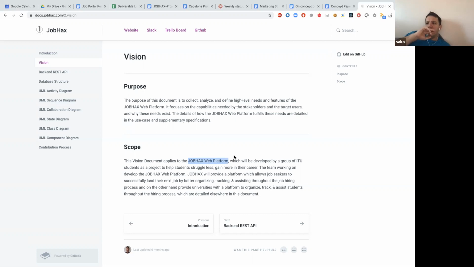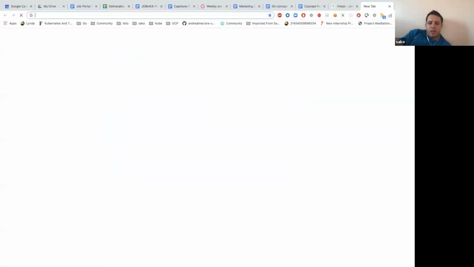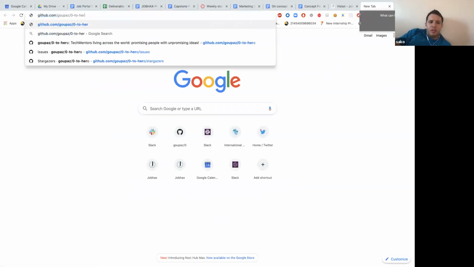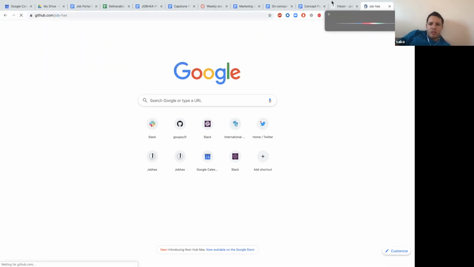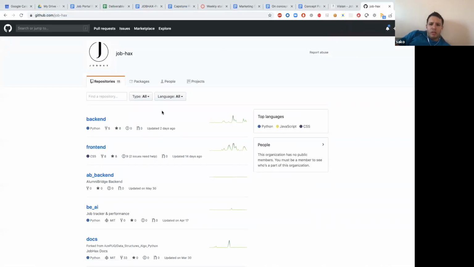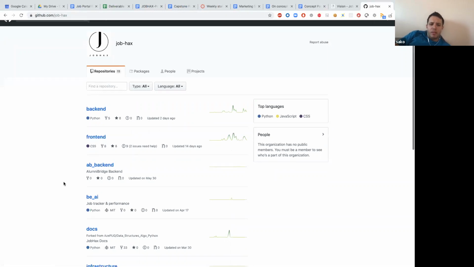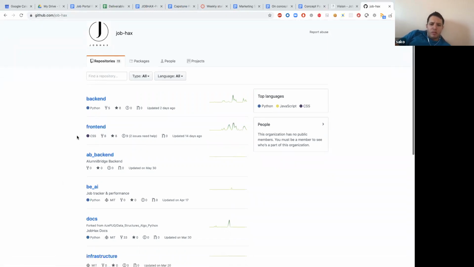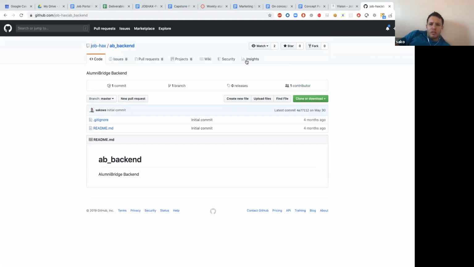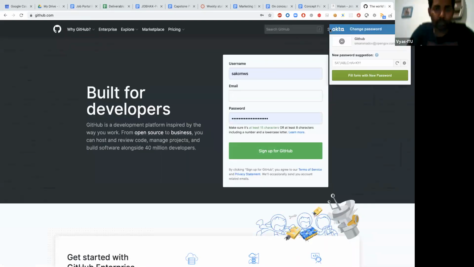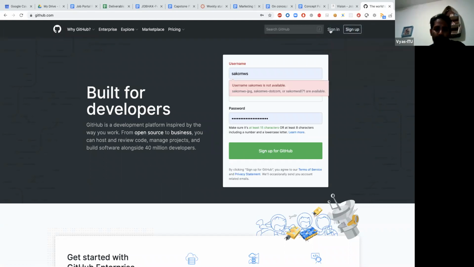Okay, so we will need a separate repo. Should we host it in the JobHax one or a separate repo? What do you guys think? I guess the current repo is pretty much stable.